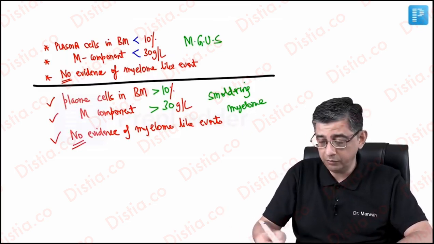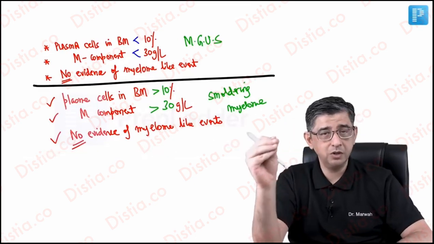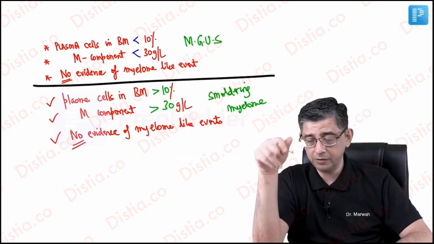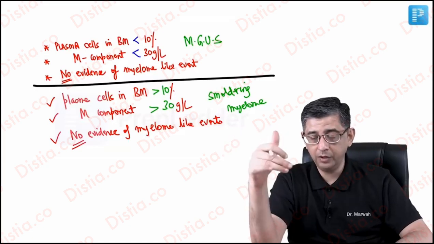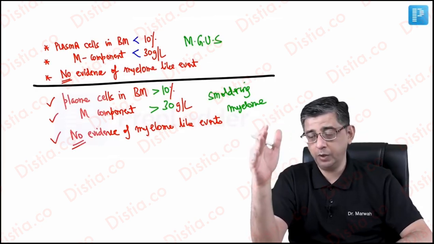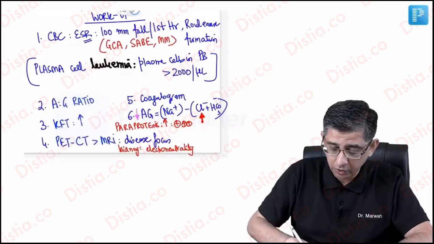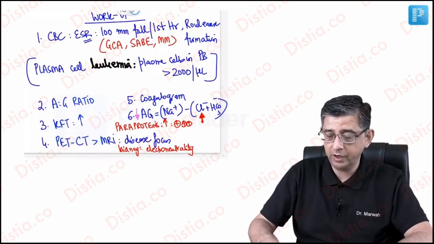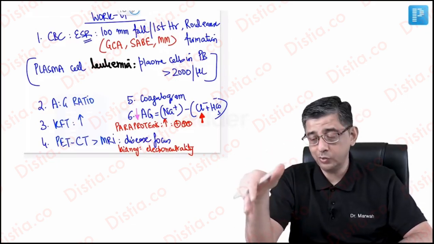And the third feature, which I'm not writing at the moment, I'll just say verbally. Suppose I say plasma cells in the bone marrow more than 10%, M component more than 30, both the data given in green are satisfied, 10% and 30 gram per liter. And the third point is evidence of myeloma-defining events. That would mean that we're talking about multiple myeloma. And over and above this, we have plasma cell leukemia, the definition of which I have already sensitized you to in one of the previous slides, when I said that plasma cells are now in the peripheral blood of the patient and the number should be more than 2000 per microliter.